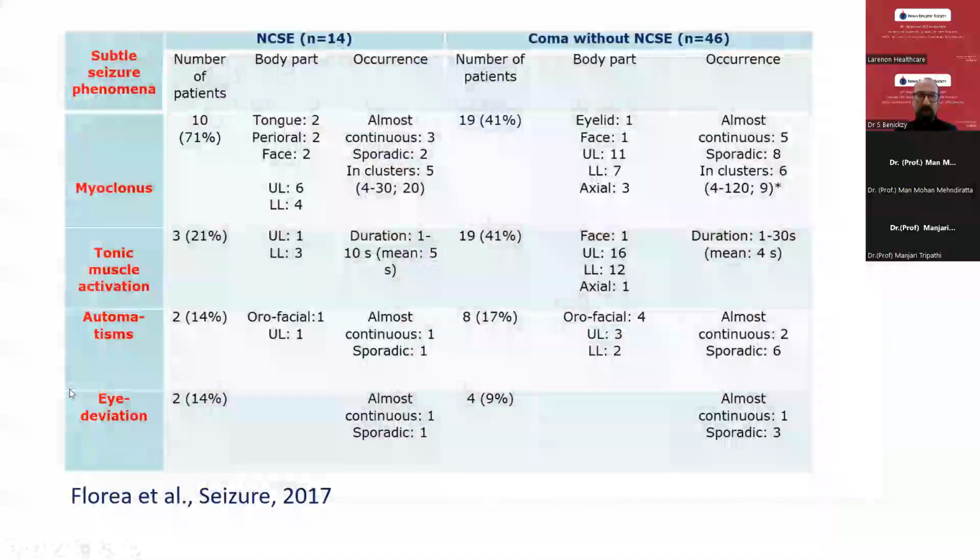So then you could say, okay, but these are clinical phenomena. Why do we need EEG in case of this subtle but visible clinical phenomena? Why can't we diagnose just based on the semiology? Well, the problem is that patients in the intensive care unit can show this subtle phenomena also for other reasons. It can be the medication that they receive in the ICU. It can be the etiology. For example, if the etiology is a lesion in the brainstem, then they can have these kind of subtle movements